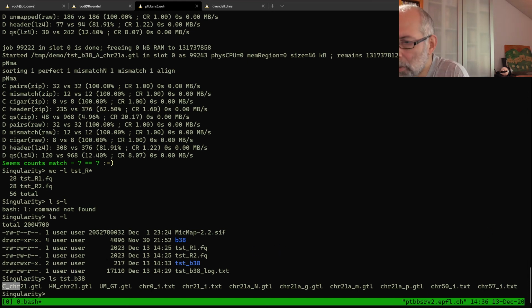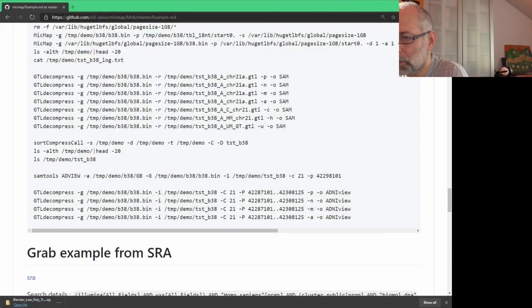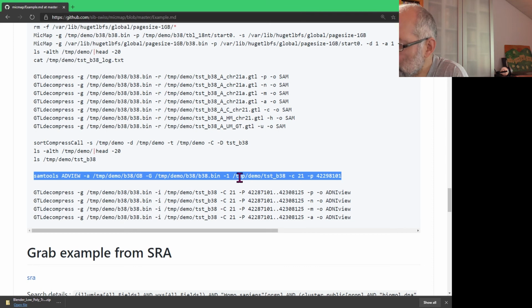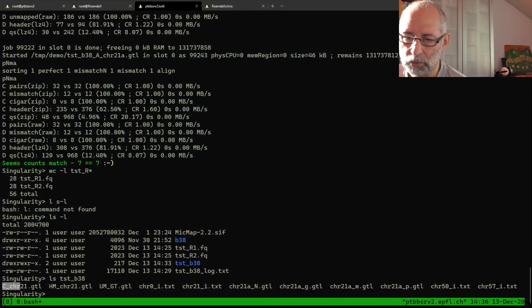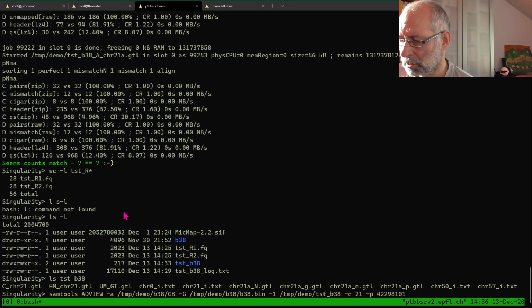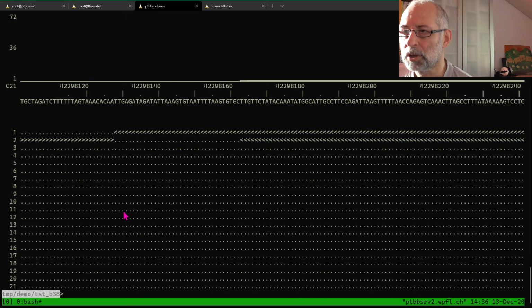And the last thing I wanted to show in that case was how you can visualize with these samtools view. So from the browser we can copy this command here, which I have set up to show the region where the reads were originating from. So copy here, go there, paste, and so here we see